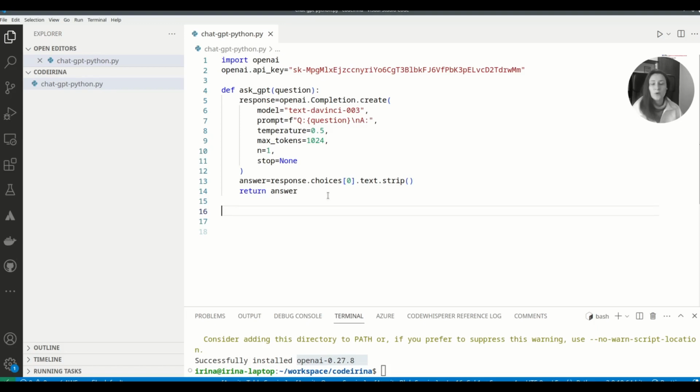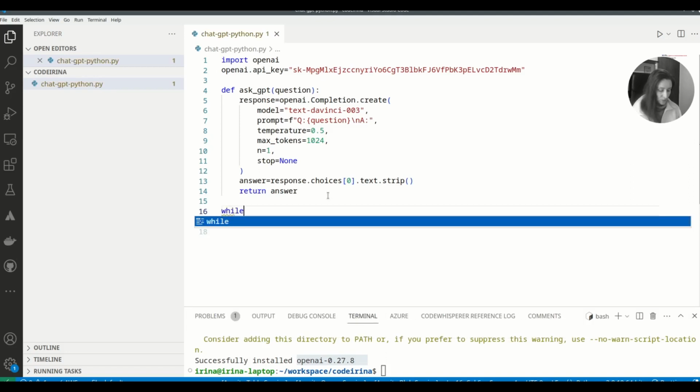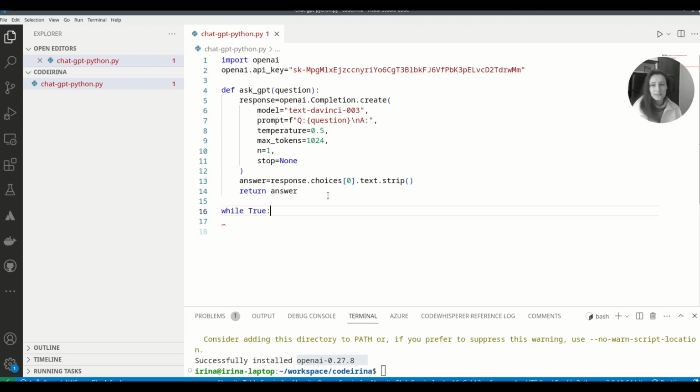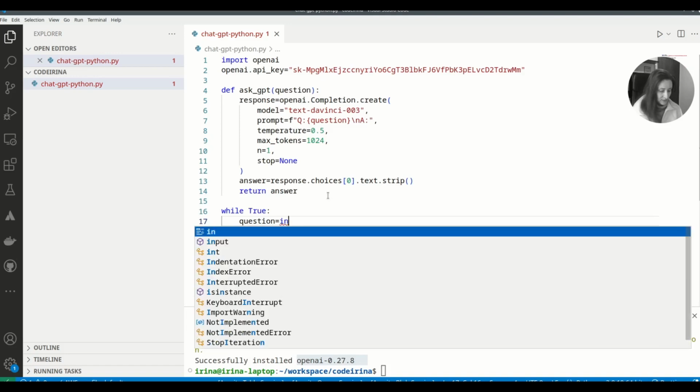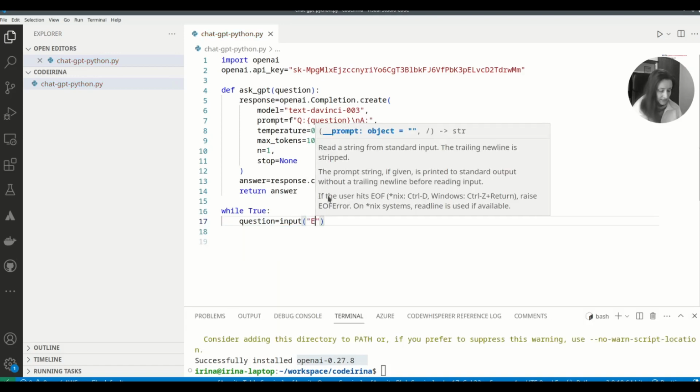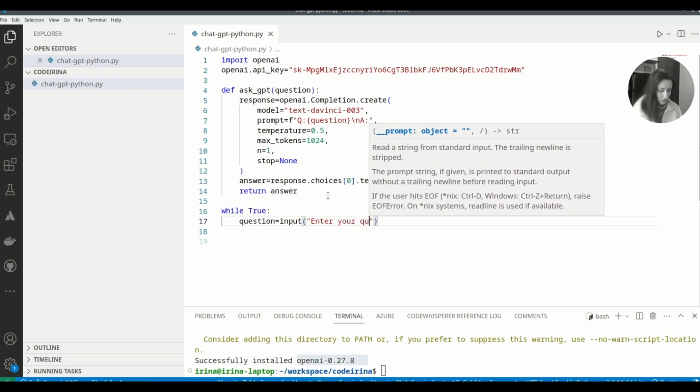We will create a while loop, in case we want to ask more than one question, so we can have a proper conversation. So we will create a while true. While true will give us a never-ending loop, and here we will need to type our question first. To type our questions, we will create a new question variable and create an input asking, enter your question,